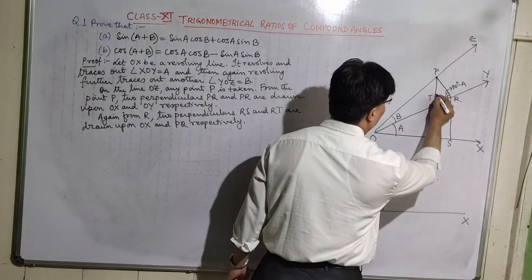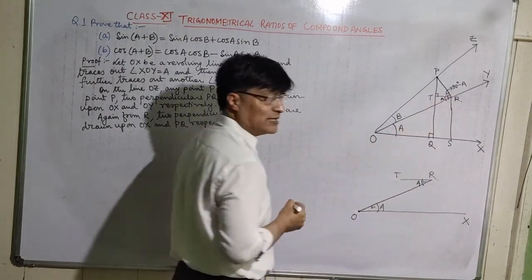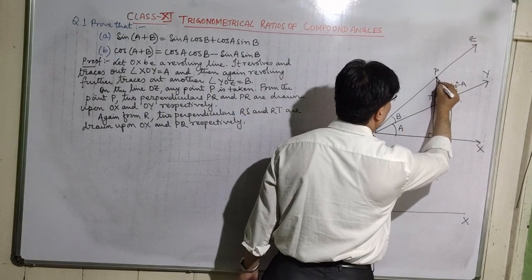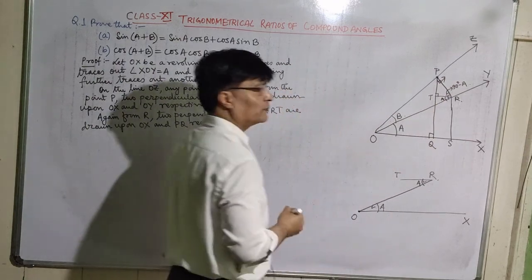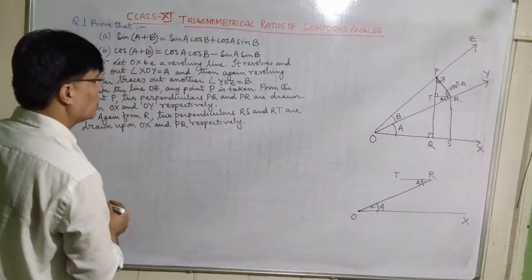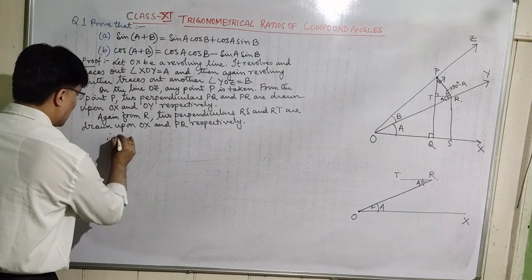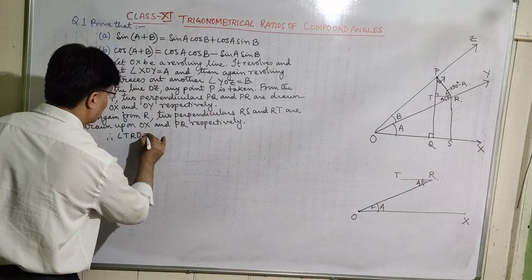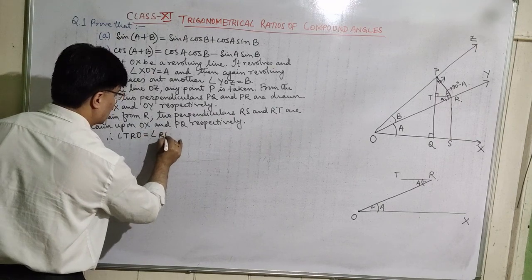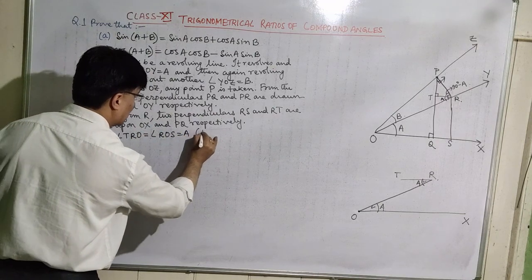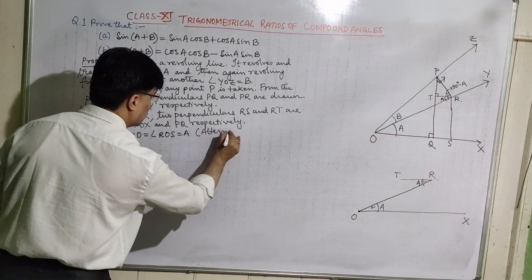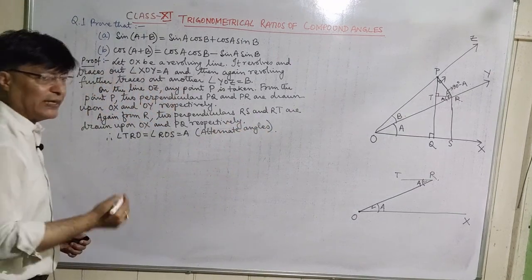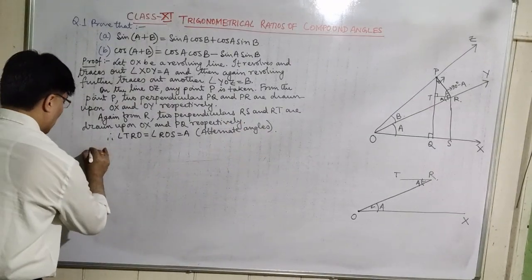And what is this angle? This angle is 90 degree. So now can you tell me what will be this angle now? So let us find it. So you know that angle TRO is equal to angle ROS is equal to A. These are alternate angles, and alternate angles are always equal, right? Therefore,